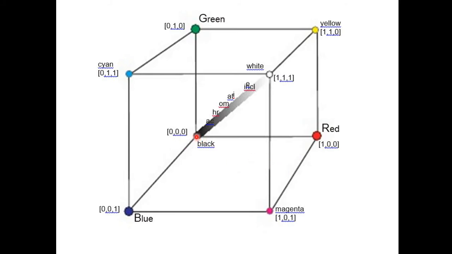Here we have origin, here we have green color, primary color, it is in Z direction, you can say it is in Y direction, sorry. And here we have red, it is in X direction, and here we have blue, it is in Z direction. So all these three directions are perpendicular to each other. Red is perpendicular to blue, so this line is 90 degree with respect to this line. Red is perpendicular to green and green is perpendicular to blue. So what happens at this point, we have their values 0, 0 and 0.